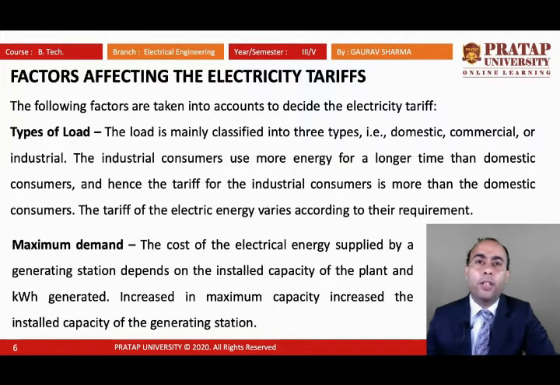Or when we talk about the agriculture consumer, they use electricity to pump water to their farms. At that time they are using electricity during the night hours or off-peak hours, like around 12 a.m. at night to 6 a.m. in the morning. For those 6 hours we are supplying to the agriculture load, so it depends upon the type of load. So the tariff will be affected for that consumer.